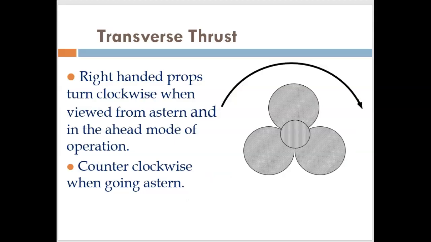So I'll just come on camera a little bit, and we're going to talk about transverse thrust next. The transverse thrust is going to be the sideways force, the side force of the propeller. Well, first of all, we need to know that all vessels, single screw vessels, single propeller vessels, are either right-handed or left-hand turning vessels. And so 95, 98, I don't know, some really large percentage, and you could find pockets of the world where it's not that percentage. But basically, let's say 98% of the single screw vessels in the world are going to be right-hand turning. In other words, they are right-handed props. They turn clockwise when you are viewing them from astern,